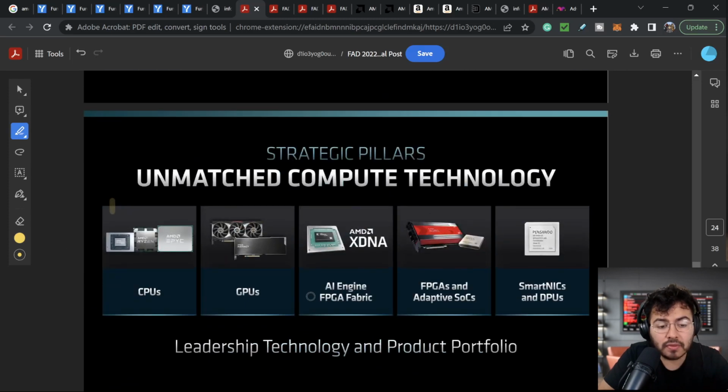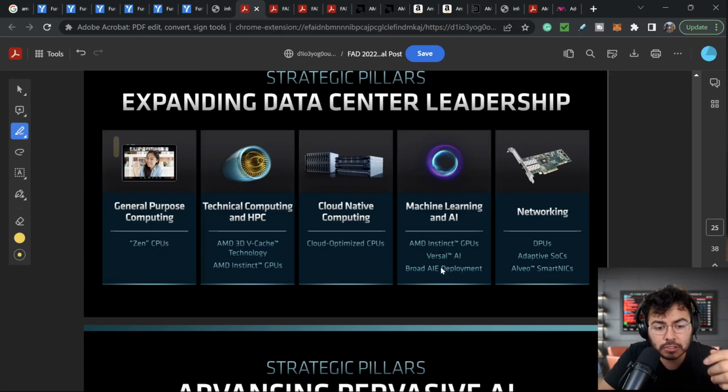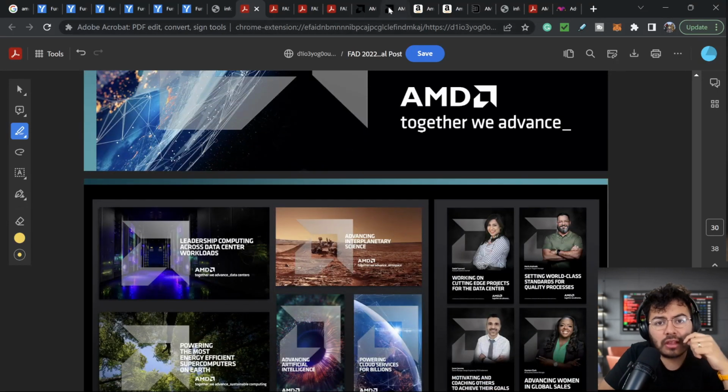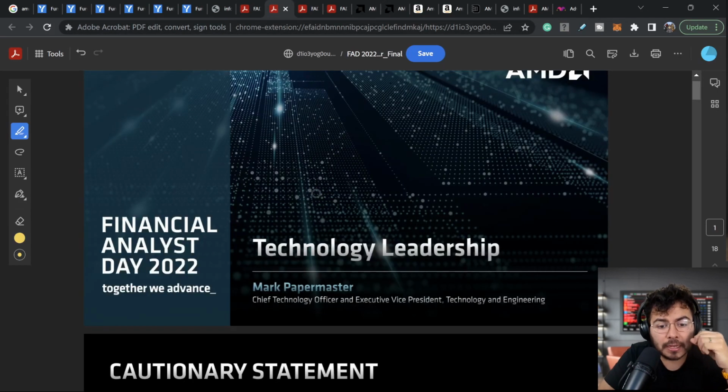So here's another nice piece of all the products that AMD hits. Like I mentioned, they have the CPUs, these go on consumers and on data centers. They have the GPUs, these go on consumers and data centers. They do have numerous FPGA solutions and numerous system on chips thanks to their Xilinx acquisition. Then they also have smart NICs and DPUs thanks to their Pensando acquisition. So let's see if I have any other ones that I highlighted here. Nope. So now let's take a closer look at the next slide.